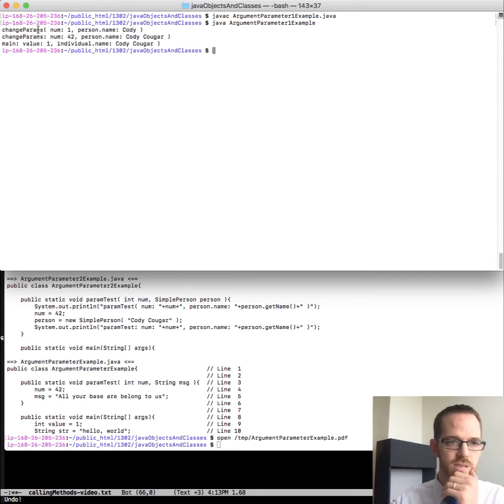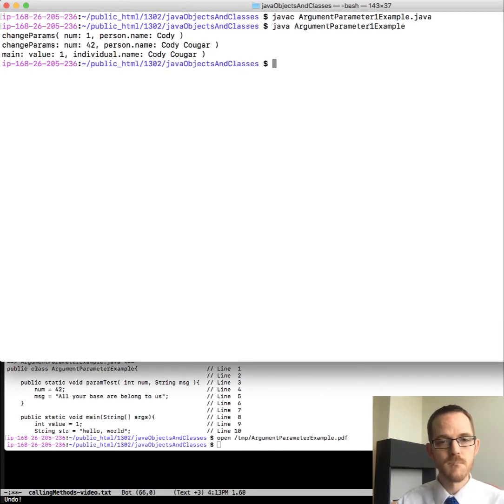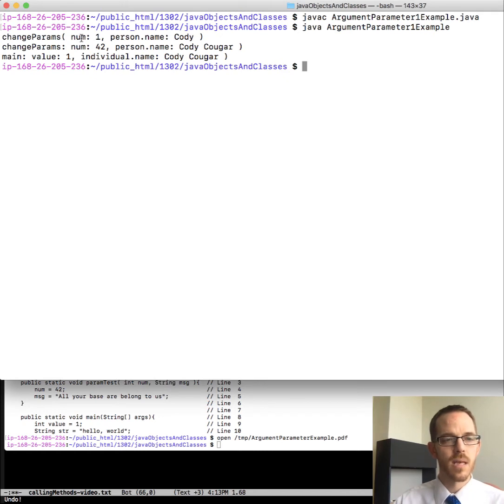And sure enough, num at the beginning of changeParams is 1, and the name here is Cody. We can't actually get at the private data member, but that's what it is.